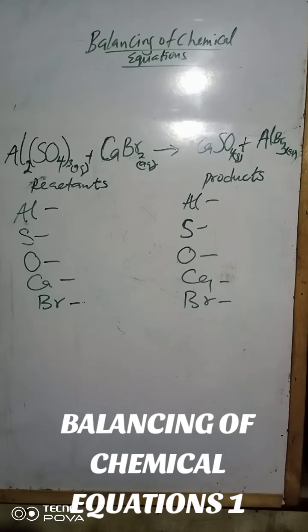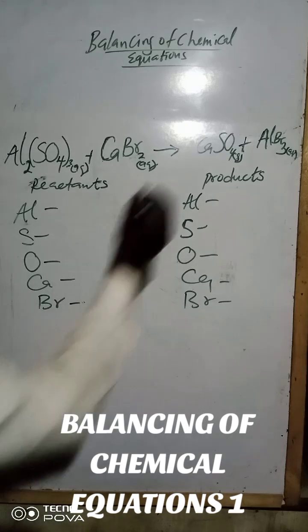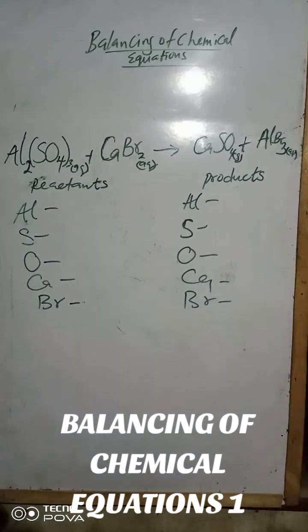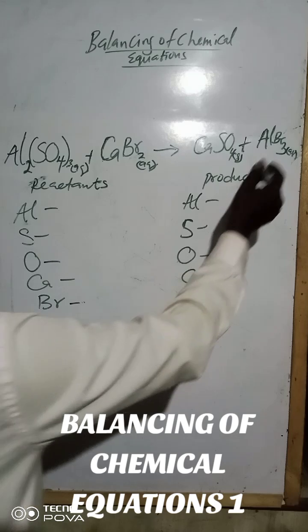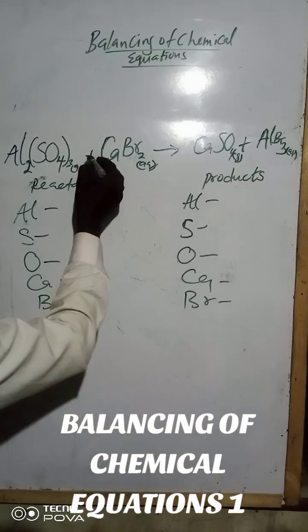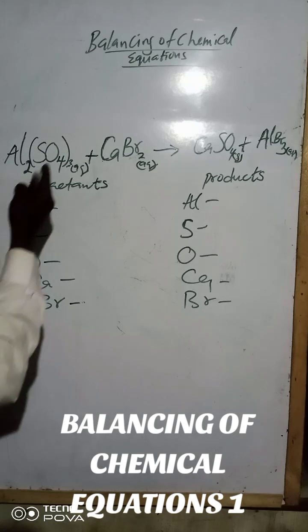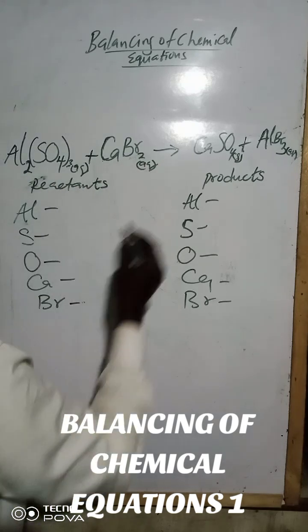Now, hello everyone. Here is another concept in chemistry that I want to share with you. So let's look at it together. We have a balancing of chemical equation. In this case, for us to have a chemical equation, you must have a reactant and you must also have the product. Now, here you have the reactant to be aluminium tetraoxosulfate 6 reacting with calcium 2 bromide